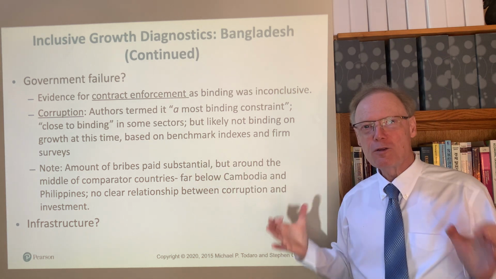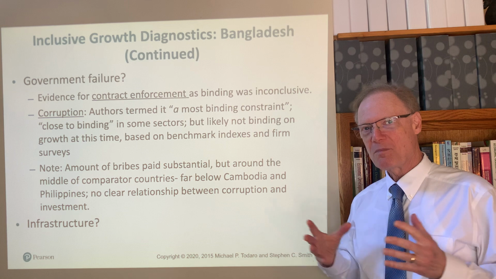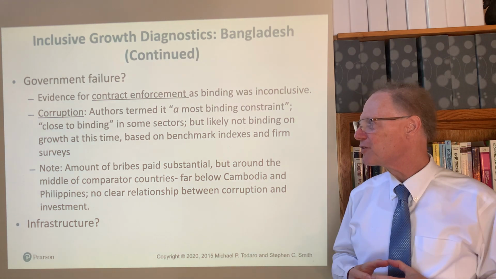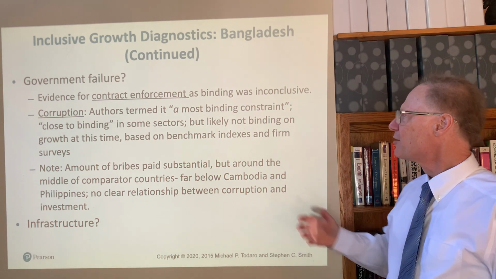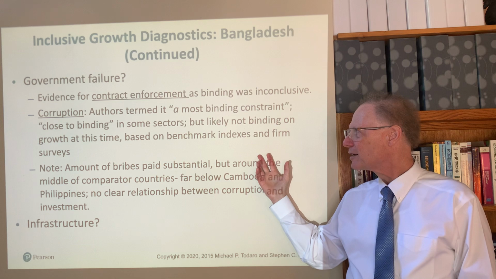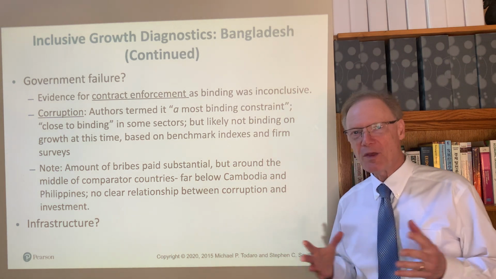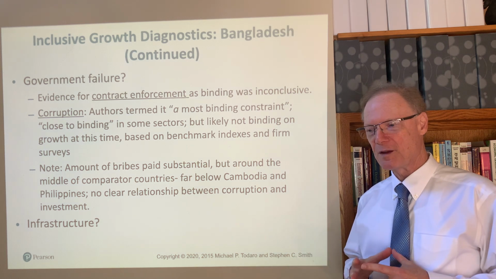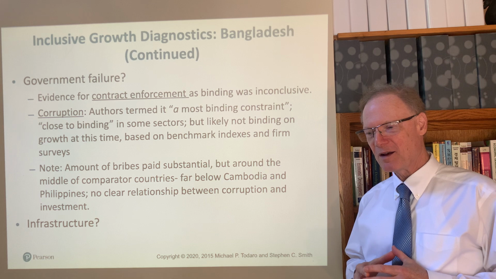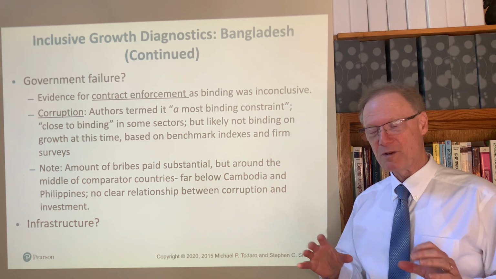They also called it close to binding, but on a sector-by-sector basis. So binding, not quite binding, but close to being the key problem in some sectors, but maybe not others. So they thought maybe this is not the most pressing problem for Bangladesh at this point. Other evidence that they looked at were firm surveys. And of course, firms everywhere complain about corruption, but not unusually strongly or particularly strongly was it stressed in the